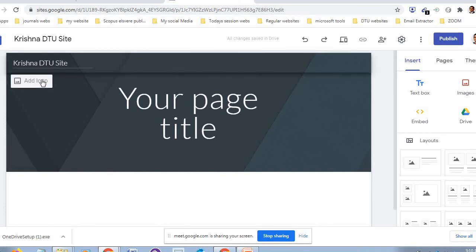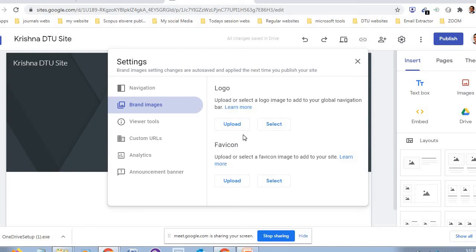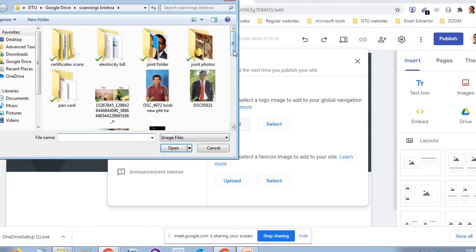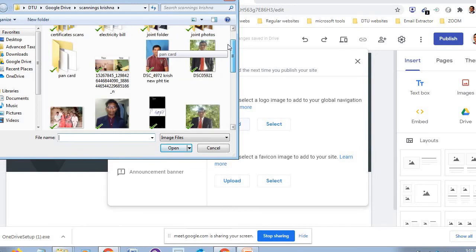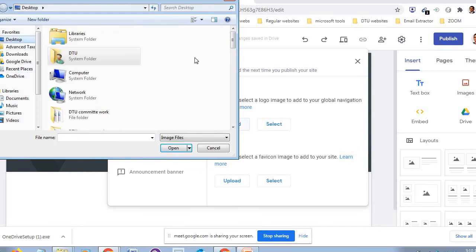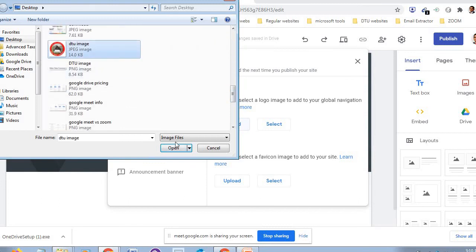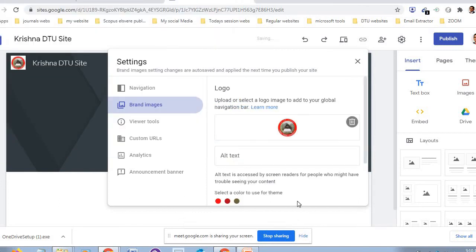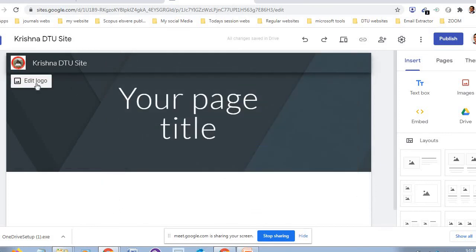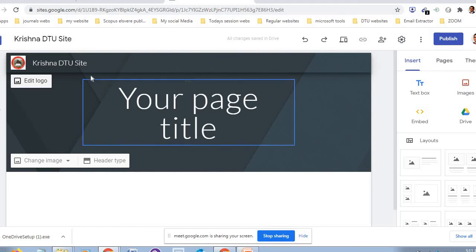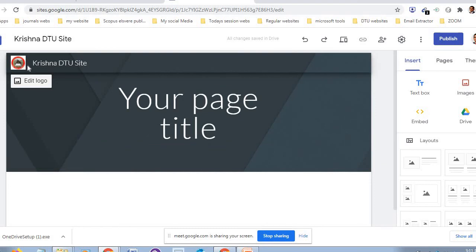Here, if you want, you can add your logo instead of this name. Add logo. Let us upload it. Your photo or whatever it may be, let us upload an image. Okay, it has already been uploaded here.